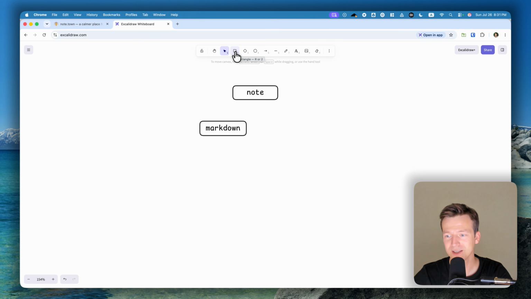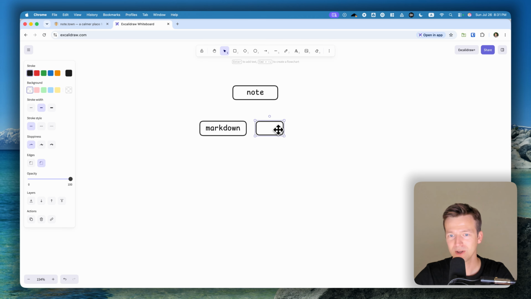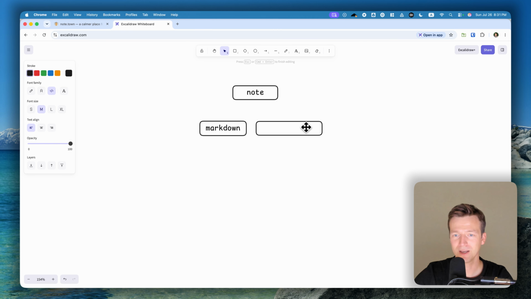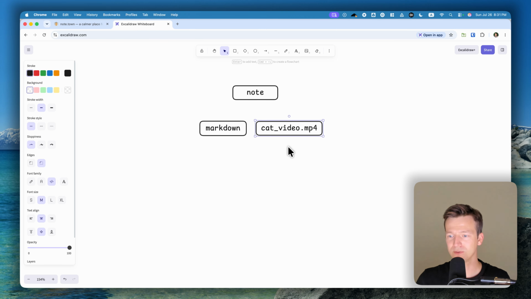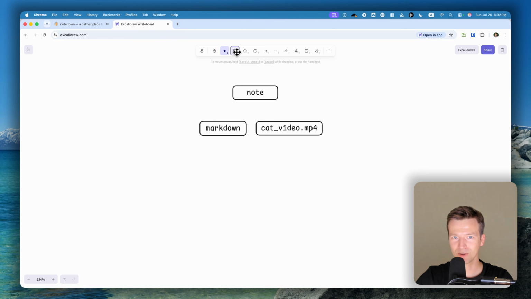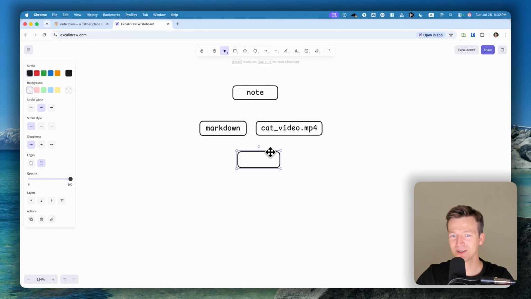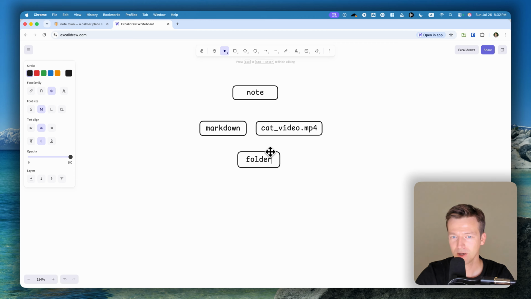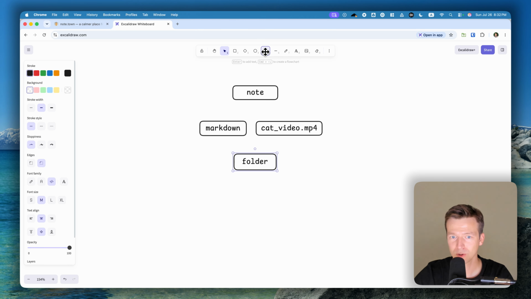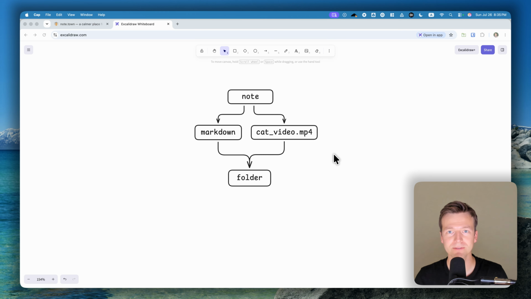So usually what you find is that you have this Markdown file, which is the core of your note, and you also have some other files somewhere in the same folder. For example, my cat video.mp4 or whatever you have, and you can have multiple files in the same folder, and your actual note is represented not just as a file but as a folder on the file system that combines all of those things together.